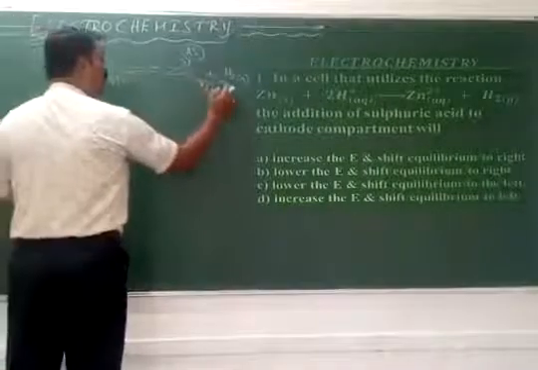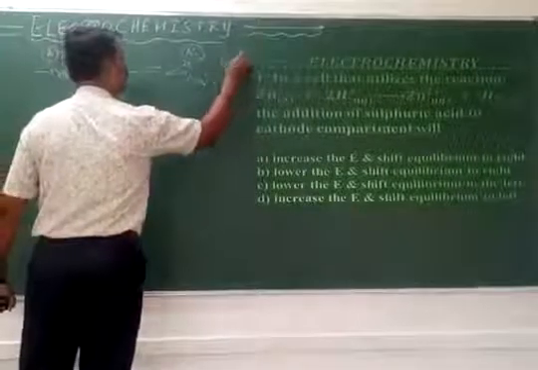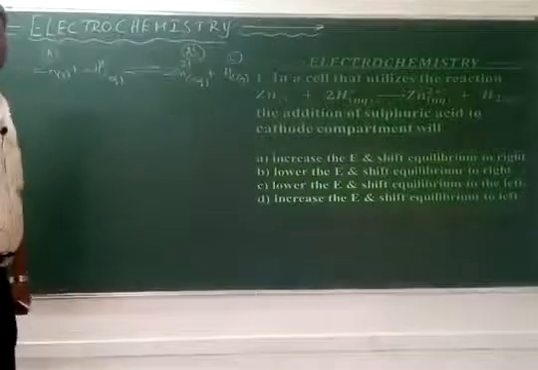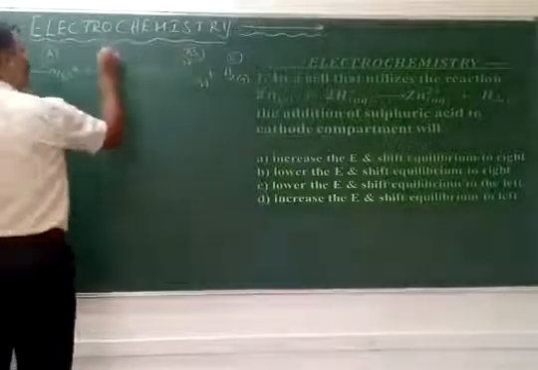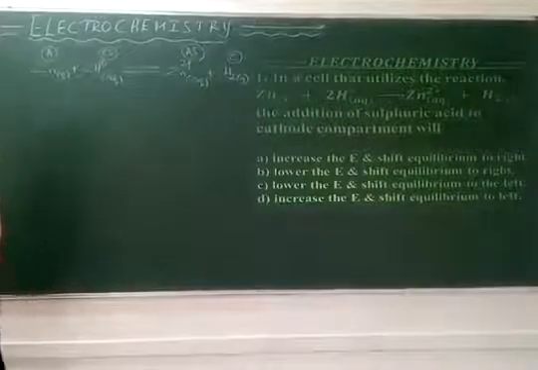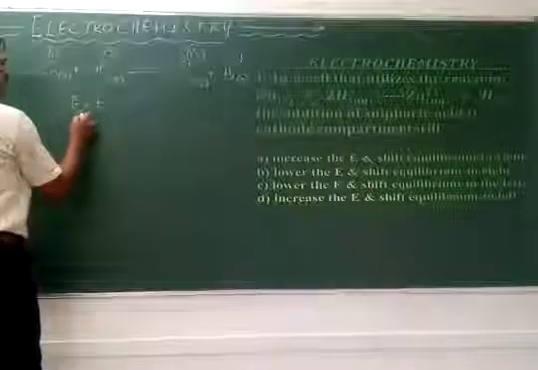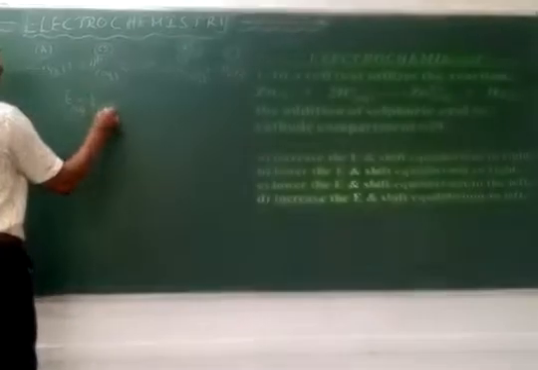H plus is converted to H2, which means it undergoes reduction. Reduction means it is called cathode. So if that be the case, it is called the cathodic solution. Then we know that E cell is equal to E naught cell plus